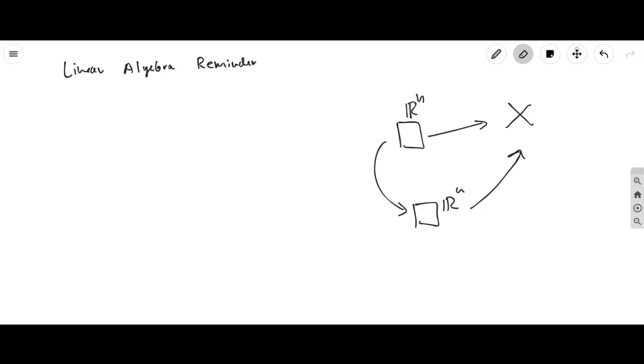And we therefore want to ask whether the mapping between an open subset of this one and an open subset of that one is orientation preserving or not. And the way linear algebra comes into the equation is because the derivative